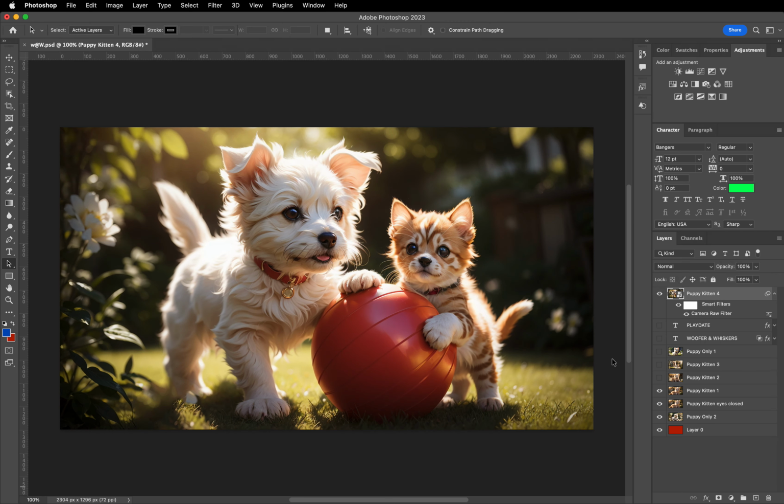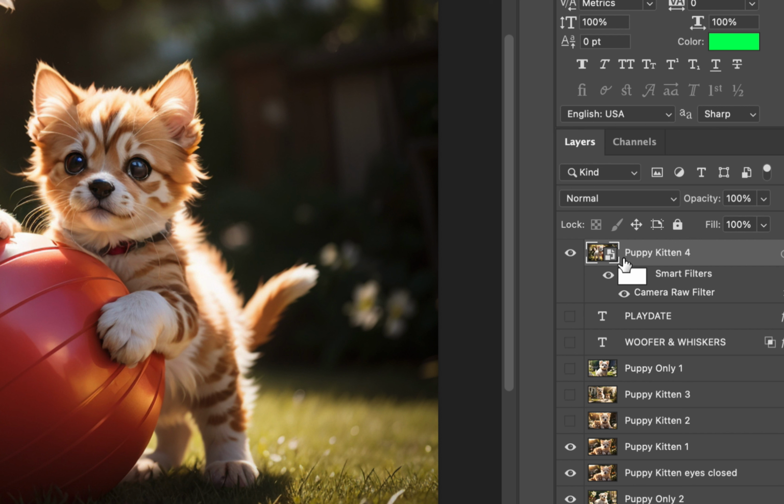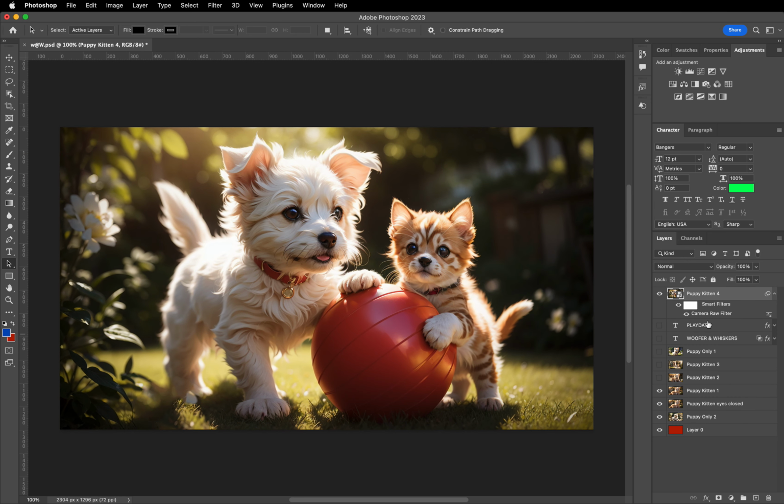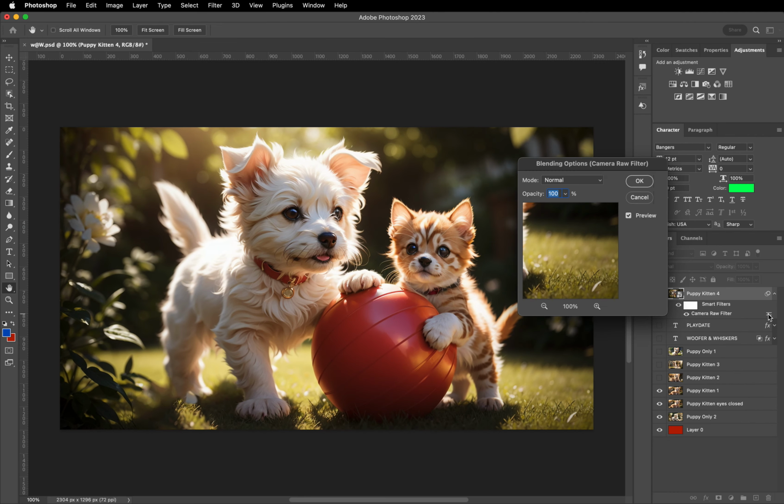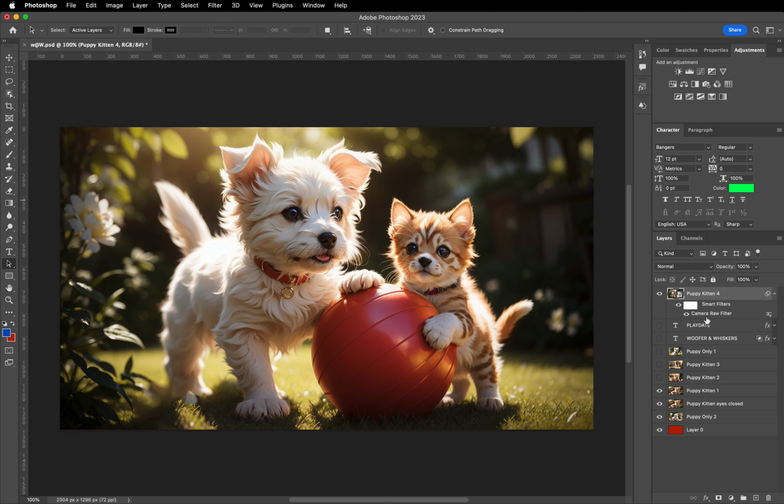And watch this. So now it's committed it. As you can see here, it has the camera raw filter in the smart object, and you can see where you can actually make those changes. So let's say you want to go back and change this or just adjust it again. Just double click on the icon here, double click, and oops, sorry about that. You double click on the smart filter